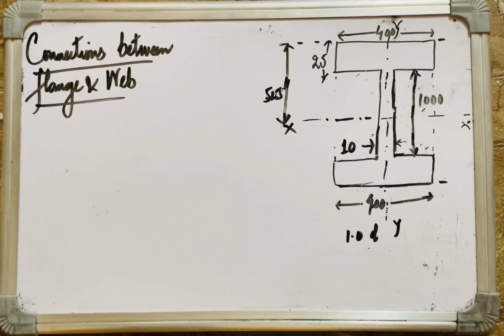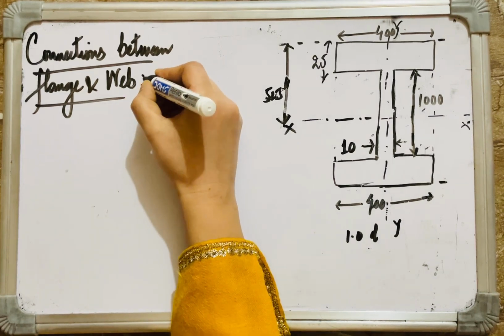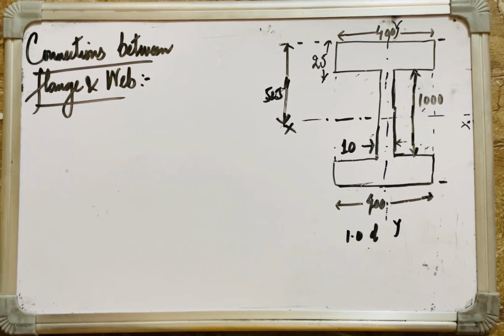Now we'll be checking what size of weld we'll be using, so that the strength parameters are not compromised, and the connections between the flange and the web are designed in a proper way. Now the connections between flange and web are designed to resist a maximum horizontal shear force, which is given by